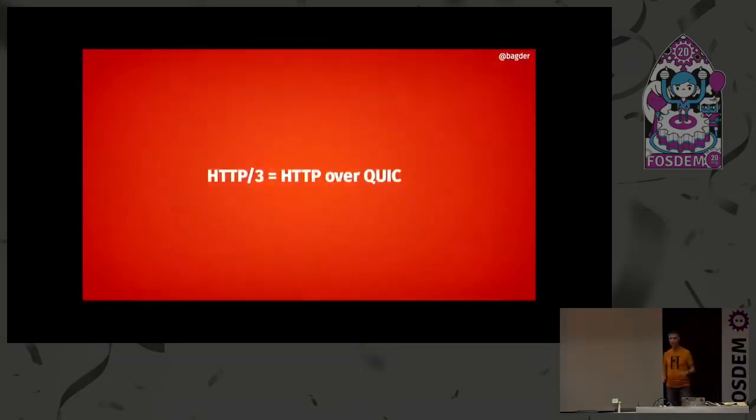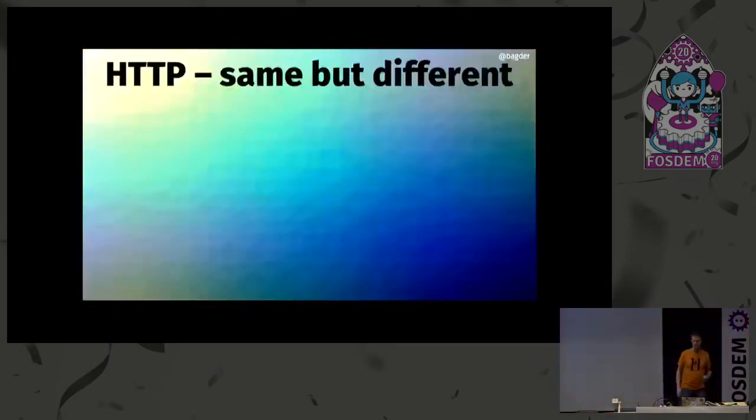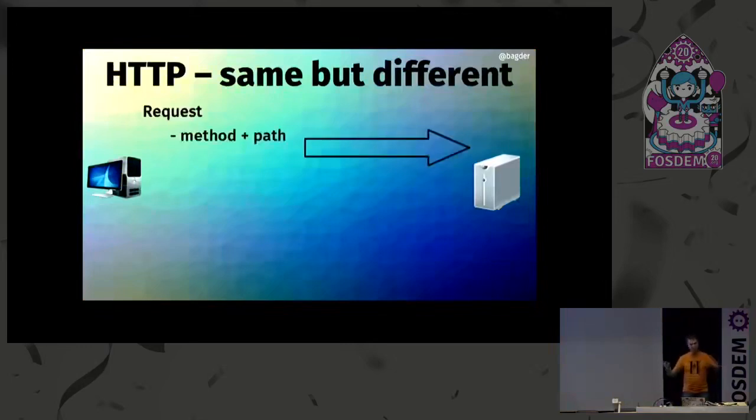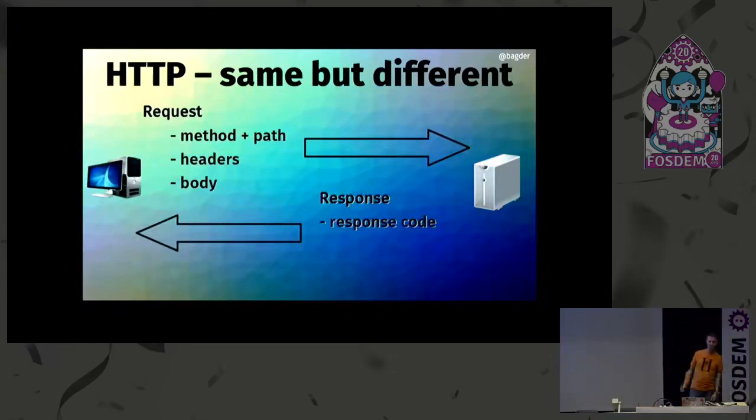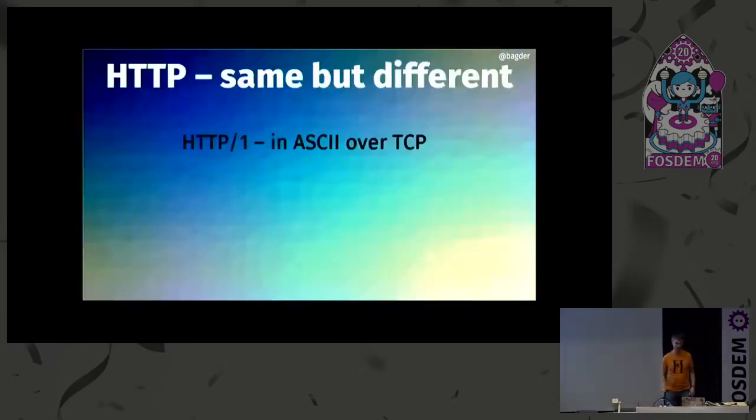So when we talk about HTTP/3, that's how we make HTTP over this new transport protocol. HTTP is the same as always, right? That's me, and that's the server, and we send the request, and there's a method and path, headers, maybe a body, and we get a response with headers and a body. I showed you that in the beginning. That's HTTP, and it's still going to be that. Most people are not going to care about how it's being transferred over the wire. This is HTTP for us. HTTP is the same but different.